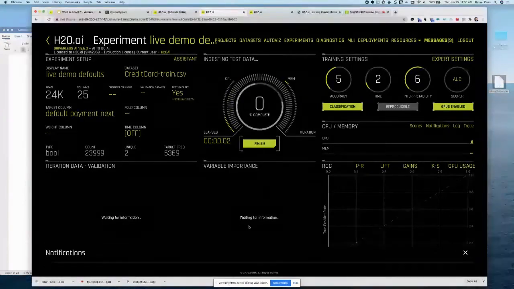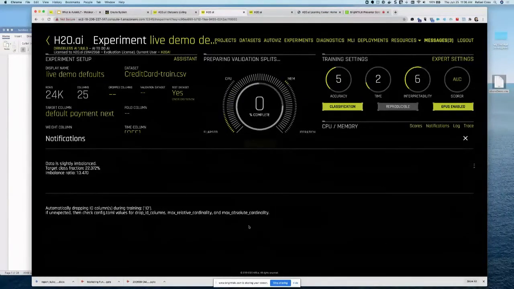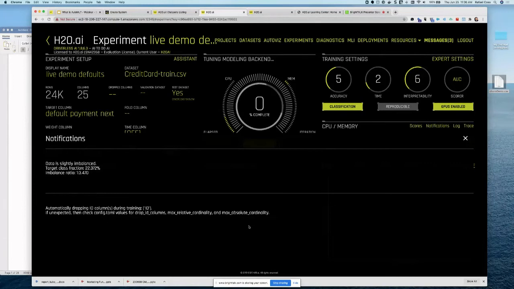As we launch an experiment, Driverless AI, in that automation process, does some exploration and gives you some reporting on how imbalanced the data is. It detects the ID column and automatically drops that. It compares your training data to your test data and sees if there are some major shifts or concerns that you might want to additionally explore.